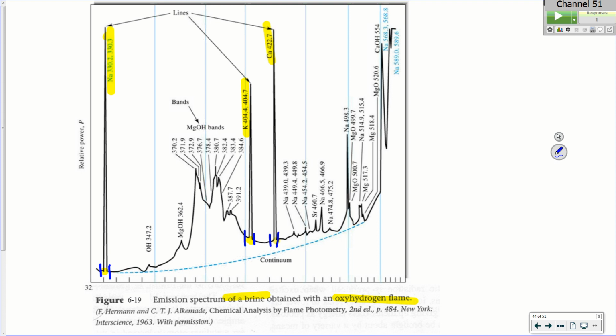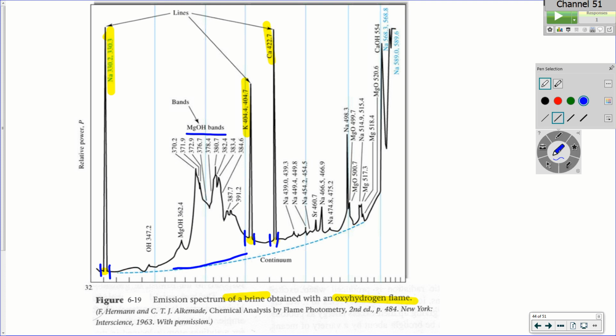Okay. Now, there are some molecular species that the hydrogen-oxygen flame is not hot enough to destroy. And you look at them, the MgO bands, but now you start to see the characteristics of a molecule, broad things that are associated with it. Now, there's also a few other things in here when you look at some of the other detail, there's a strontium signal. So this is salt water. Everything's going to be in salt water.